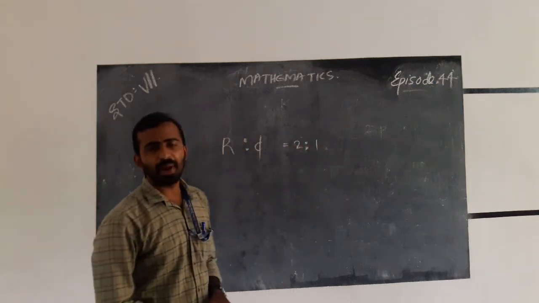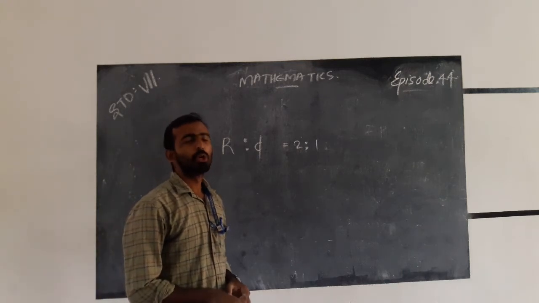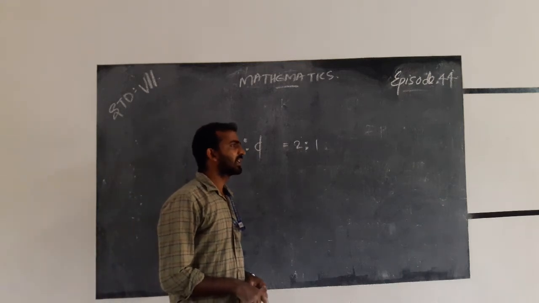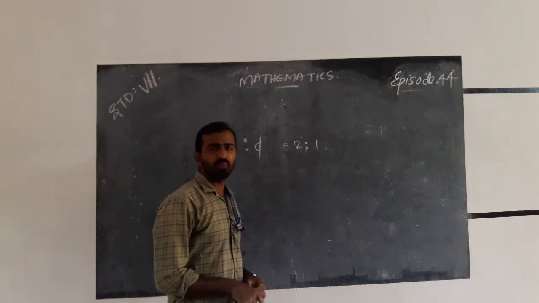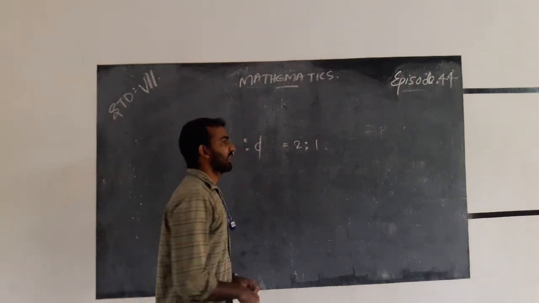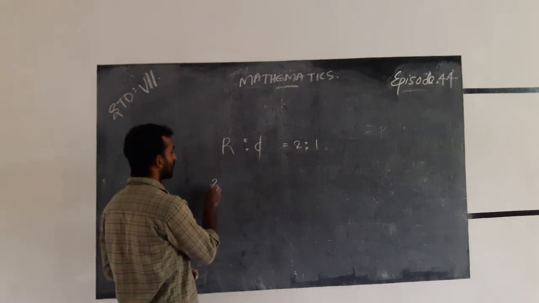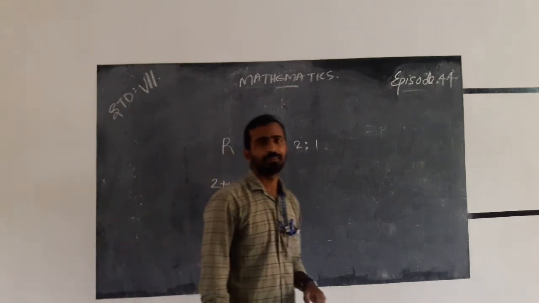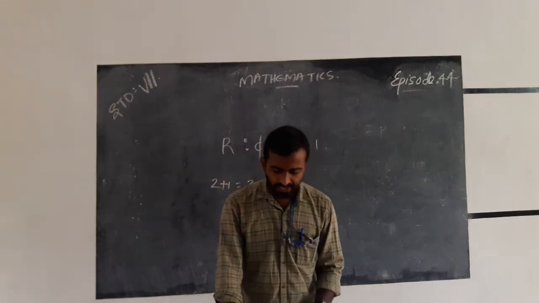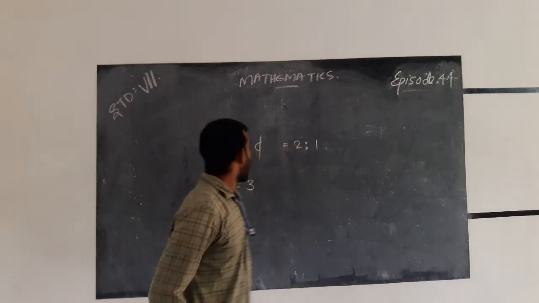Total parts is how much? 2 plus 1 we get 3. Yes. 2 plus 1 we get 3. That is, the total parts is 3. Yes. That is, parts of rice